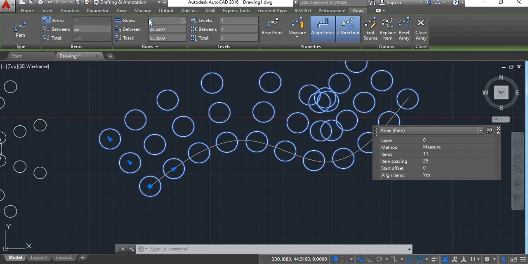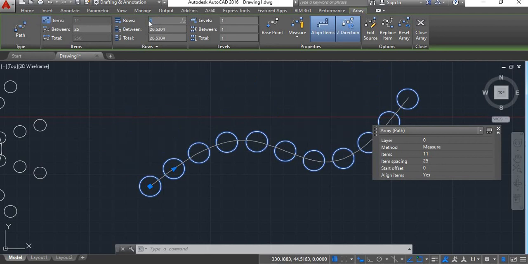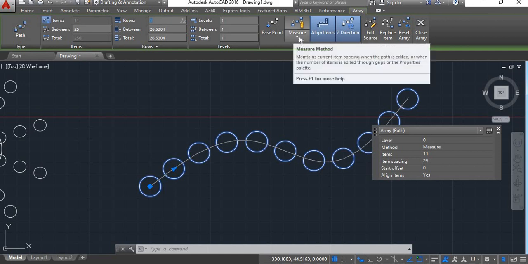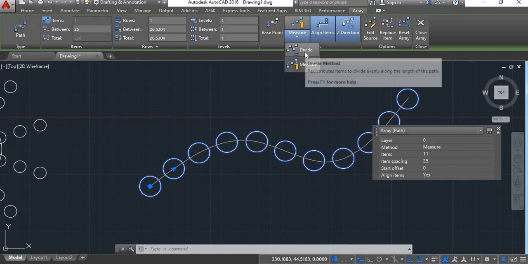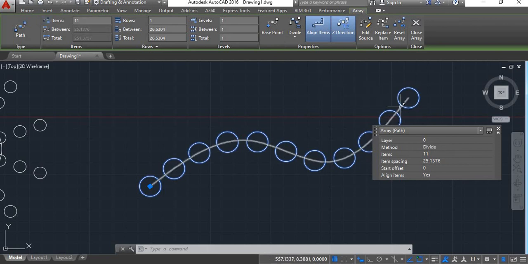Enter. Again, if you want to make it single, type 1. Enter. Now if you want this object to fit within the distance of this line, then what you do is click on this measure, select divide, and this object will get fitted along or within the distance of this line.